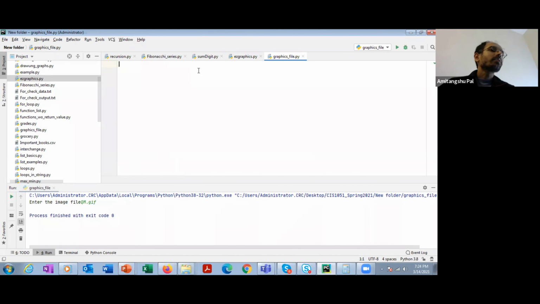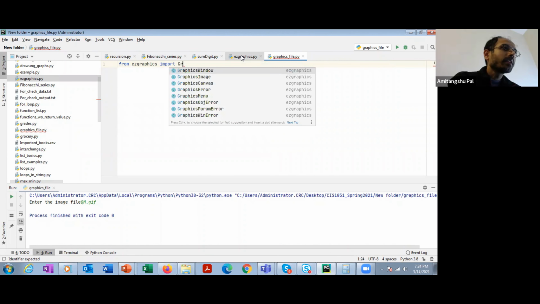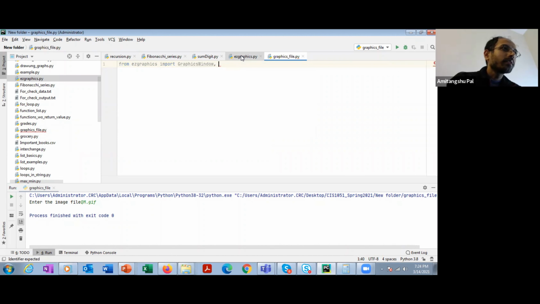From this Easy Graphics package, I'm going to import two functions named graphics window and graphics image. So first, from Easy Graphics, import graphics window and graphics image.